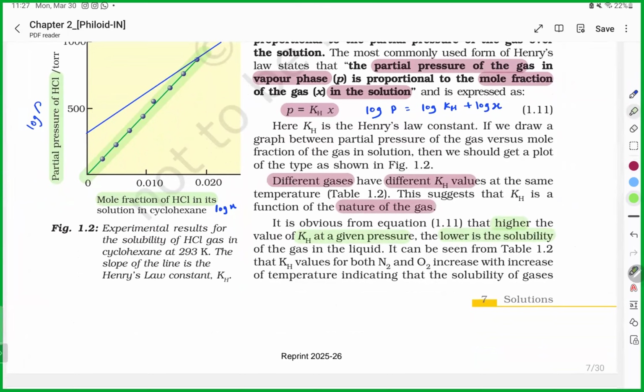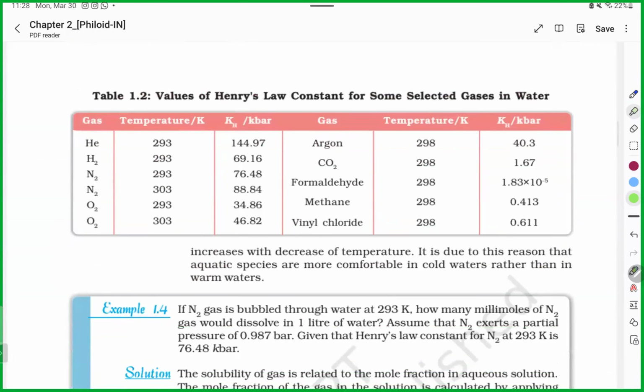So KH value of N2 increases with the temperature. KH value will increase with increase in temperature. We know solubility decreases. Correct? And that's why you will see aquatic species are more comfortable in cold water. Why? Less temperature, more solubility. Correct? Less temperature, more solubility. It depends upon the nature of the gas, like hydrogen and helium. Temperature is exactly the same. Still, KH value is different. Where you have the maximum value,